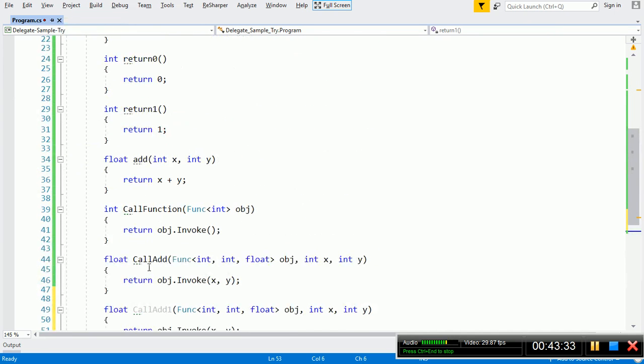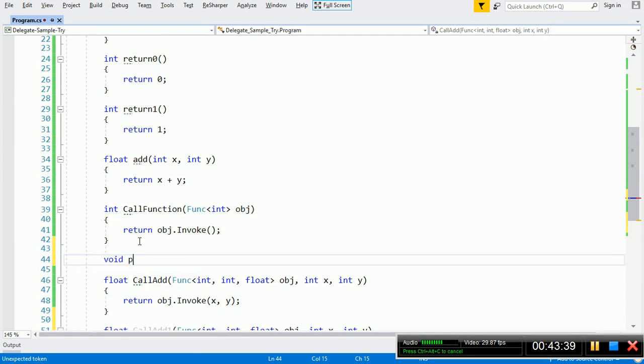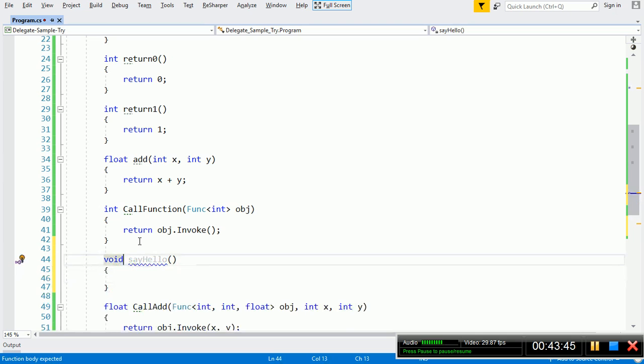Now we will see one short example for this action delegate. Action delegate is also easy. For that I want to create one function which returns void as its return type, void say hello. It receives one argument.